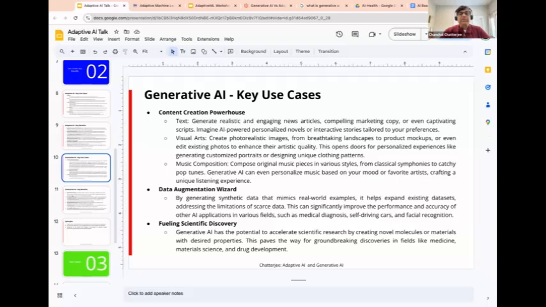Data augmentation is generating synthetic data that mimics real world examples. It helps expand existing data sets, addressing the limitations of scarce data. This can significantly improve the performance and accuracy of AI applications. It can also help in scientific discovery, and it has the potential to accelerate scientific research and create novel molecules,